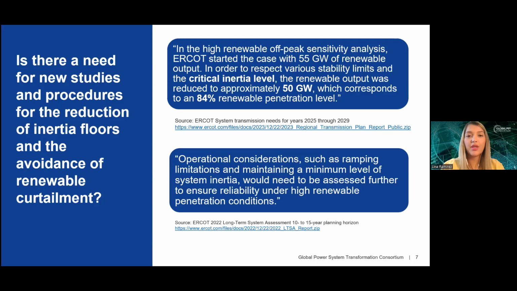So here we have some examples from ERCOT in some studies that they are developing. ERCOT system transmission needs for years 2025 to 2029. They start to talk about how maintaining that critical inertia means they need to reduce the amount of renewables that they can include in the system. So there is one concern. We need to reduce that amount of critical inertia and solve the stability issues in order to include